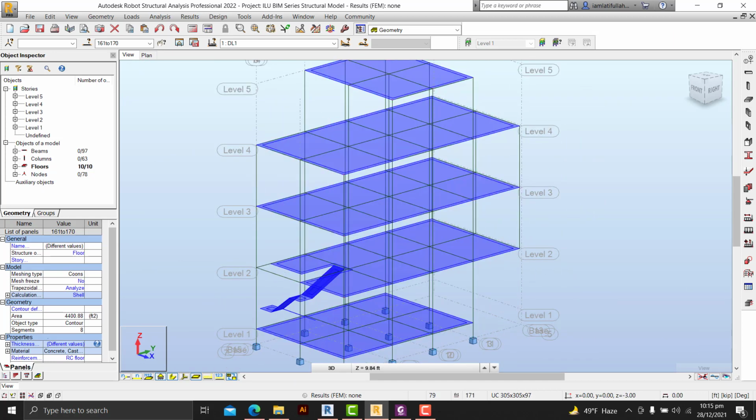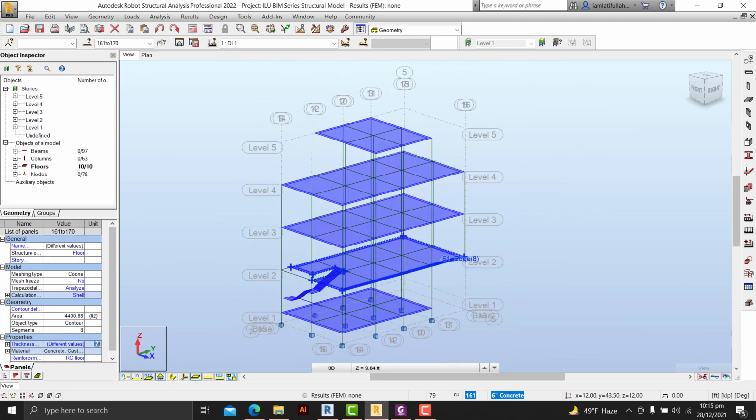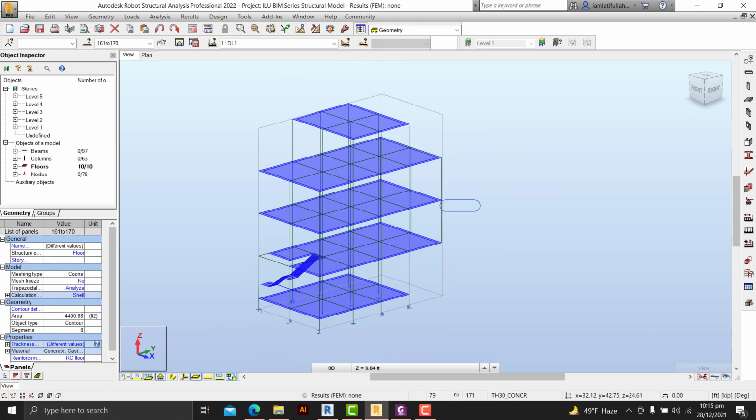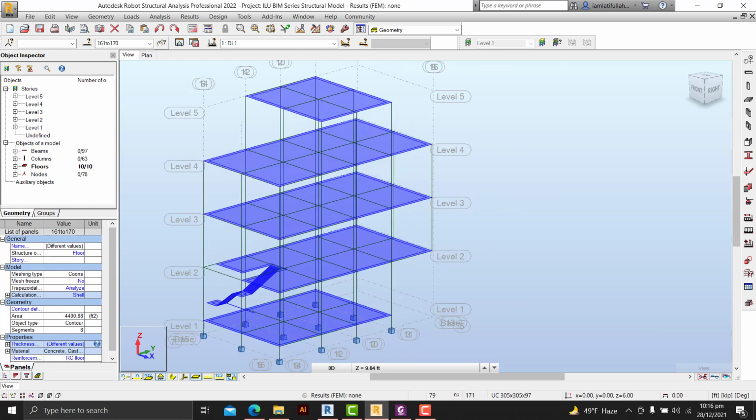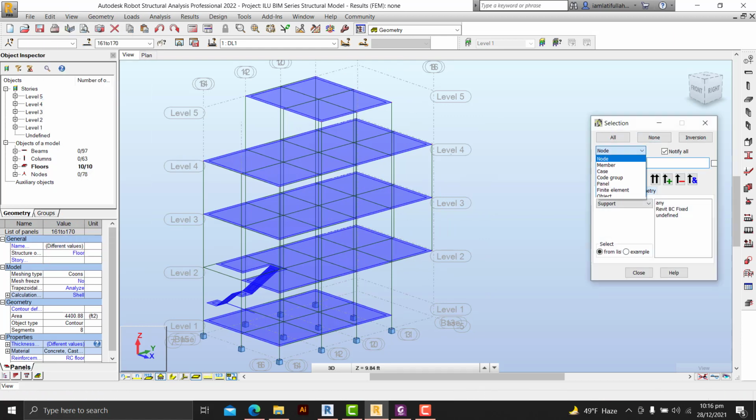Turn this off, and now let's select the members and start our analysis. So for that, let's go to edit and select. Now first select the beams. So beams would come